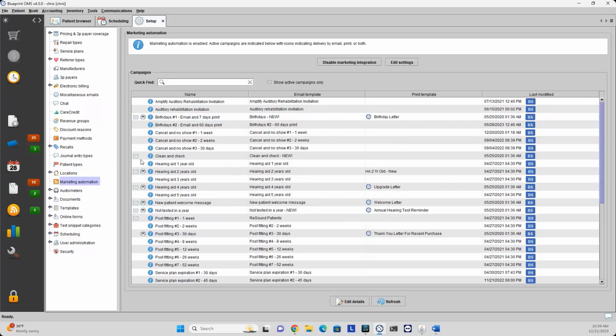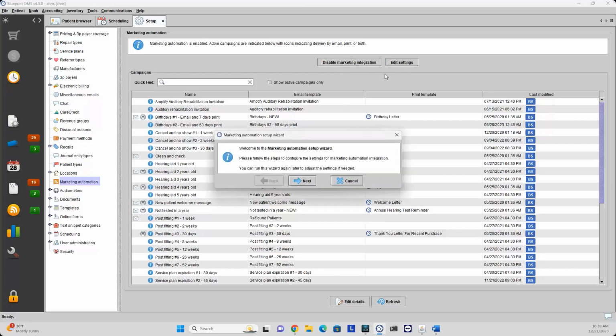I highly recommend coming in here and taking a look at the different campaigns and activating these if you would like to reach out to your patients in a more passive effort. Again, at the top, if it is not enabled already, you will be able to select Enable Marketing Integration, where again, it will look very similar to the edit settings, where you will be able to click through,